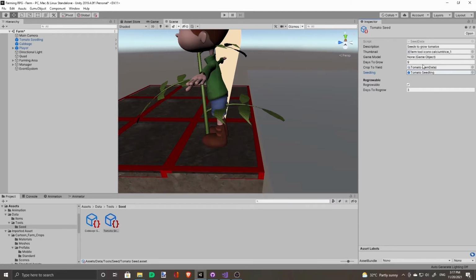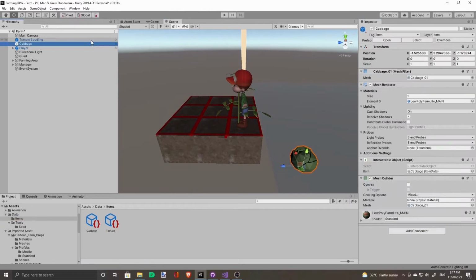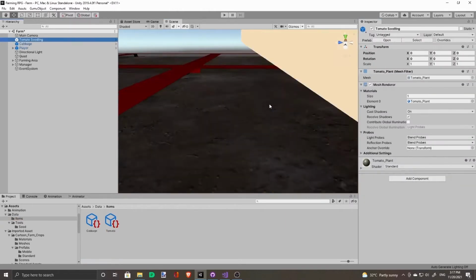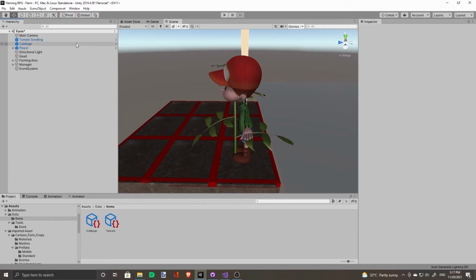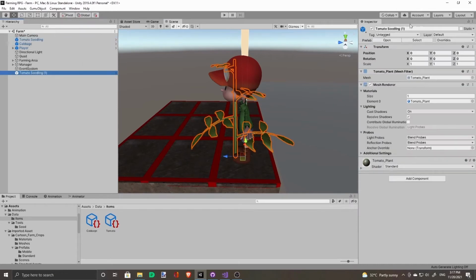Now because this is regrowable, it wouldn't make sense for it to directly yield the item data because there'll be one more state that it would be in. So when it is harvestable, the tomato will grow along the plant itself. So let's make a duplicate of this. Call this tomato harvestable.